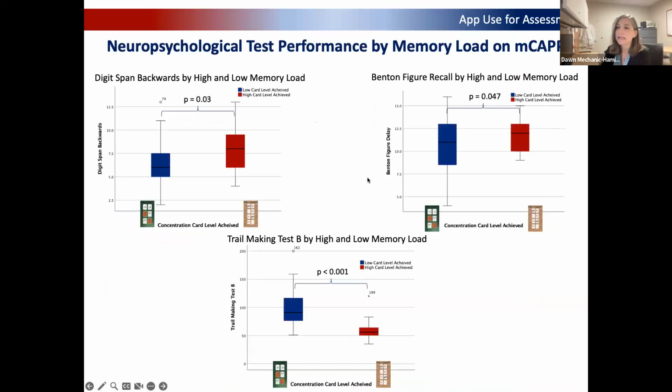tests. And then we started comparing to some of our typical neuropsychological measures that they're doing every year when they're coming in. And here we're looking at the memory task again. So this is comparing those who are able to achieve a high card level, so kind of work their way up through 6, 12, 16, and more cards, versus those that aren't able to achieve a very high card level. So they're not performing as well on the memory tasks. And we see differences in those groups on their working memory load capacity, not that unexpected.